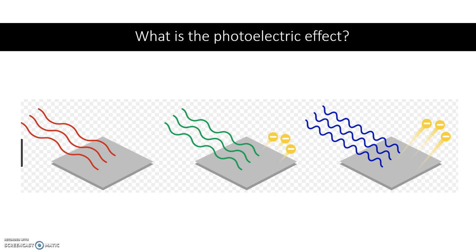What is this effect? The photoelectric effect is the emission of electrons when light of the right frequency hits a metal, and typically a metal anyway. The effect was first discovered in 1887 by two scientists, Hertz and Hallwachs. However, it really wasn't until Albert Einstein studied the phenomenon that we had a good answer as to why it takes place. I've got on the screen a diagram of various light sources hitting a photoelectric material, and we'll come back to that diagram a little later.